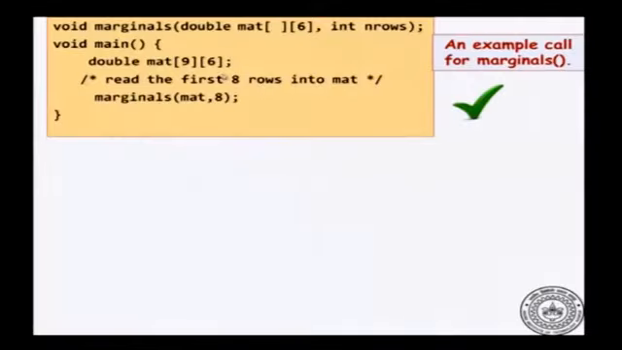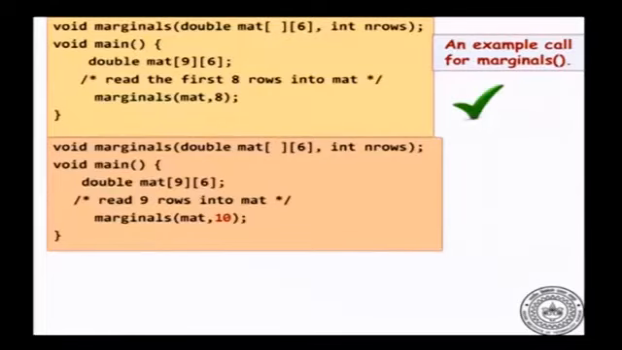Okay. So, I pass a subset of the rows. This is fine, okay, because I have declared a matrix of size 9 by 6, but I am passing only 8 rows to marginals, and that is fine. I can pass a subset of the rows. What is definitely not fine is, suppose you declare a matrix of size 9 by 6 and say that I want you to find the marginals of the first 10 rows, then this is unsafe, because